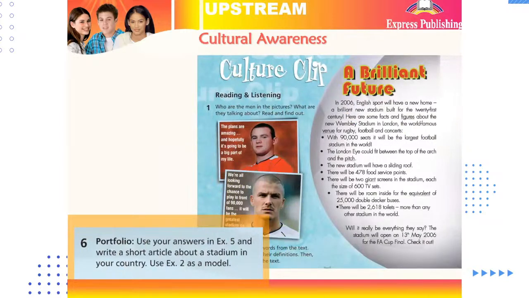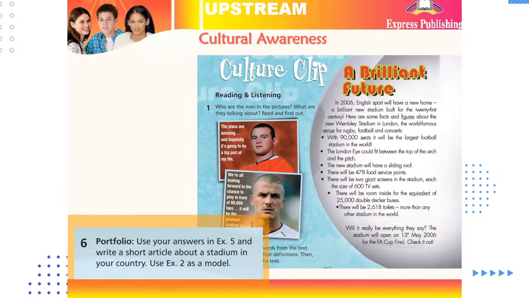What we can also find throughout Upstream are cultural sections. When we're learning language, I think it's impossible to separate language from culture. So through the cultural sections, the learners will learn about a specific topic connected to a different culture. Here we're looking at sports across the world. We're looking at sports stadiums in the United Kingdom, for example. We have a text for the students to read, to learn about a new stadium that was created or built